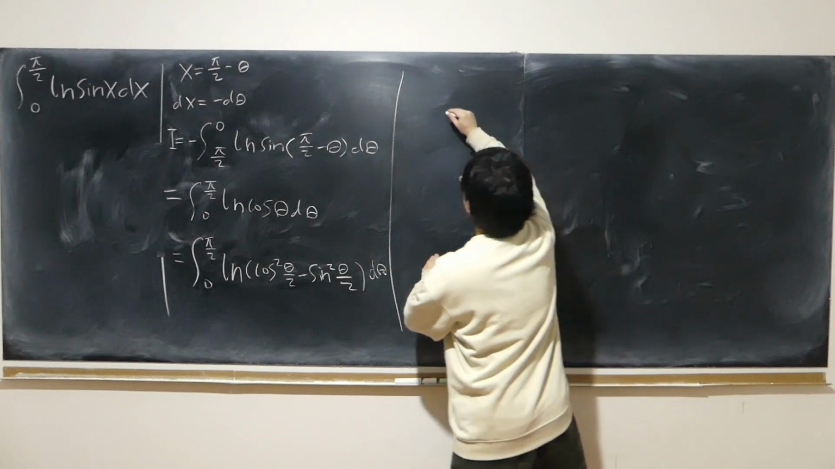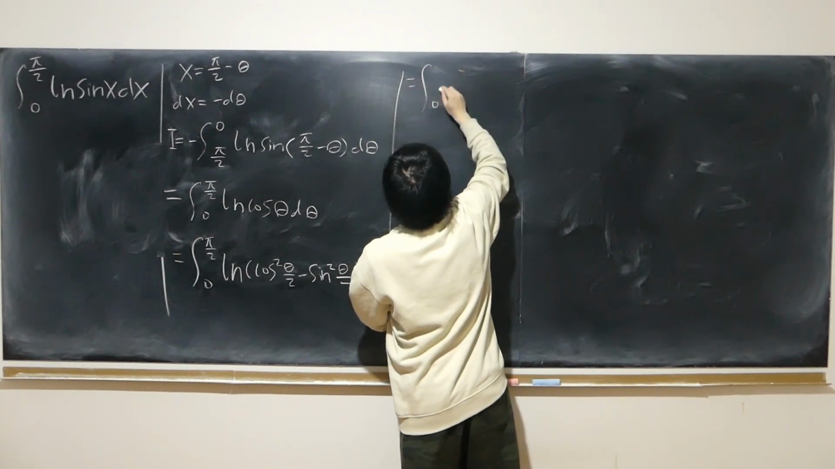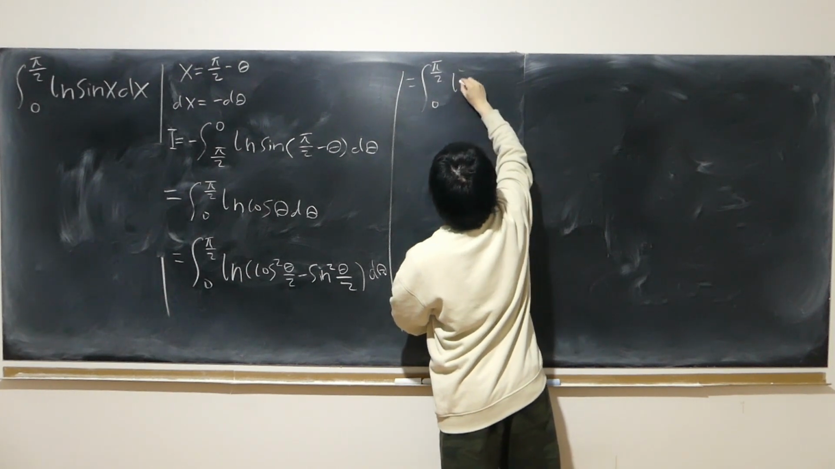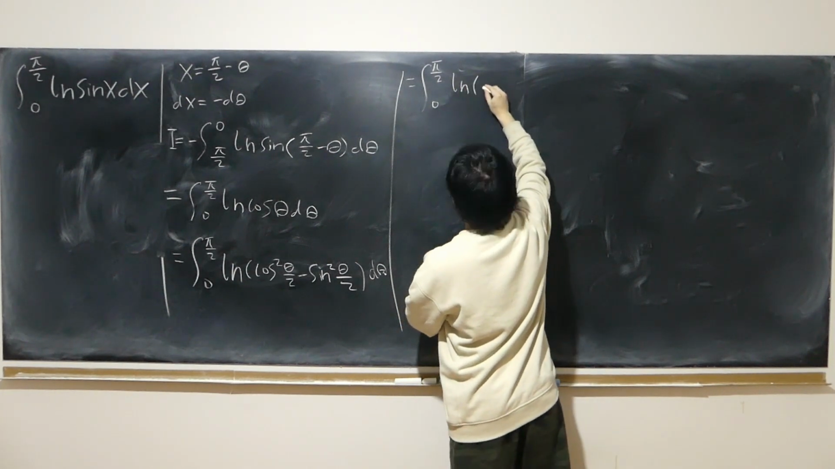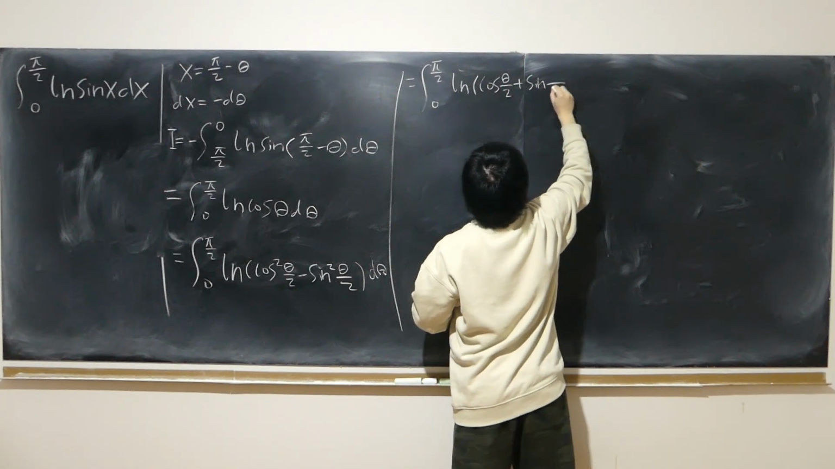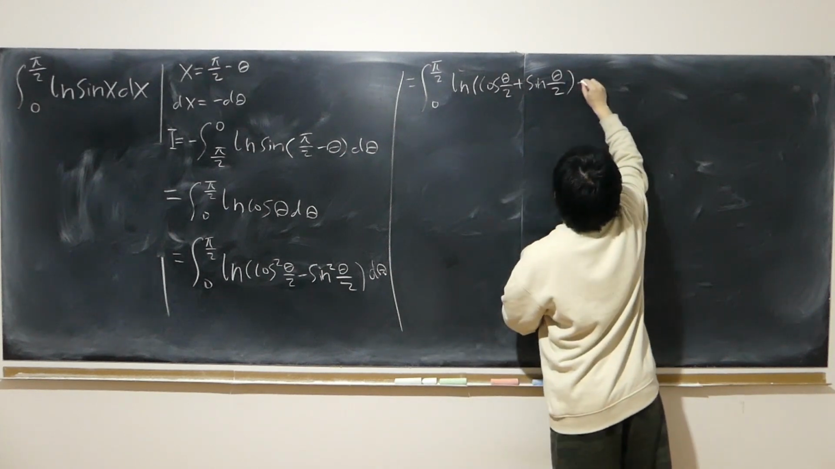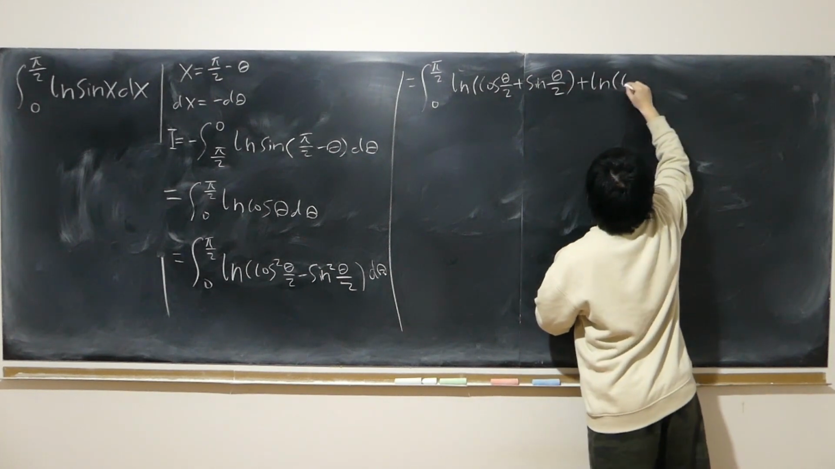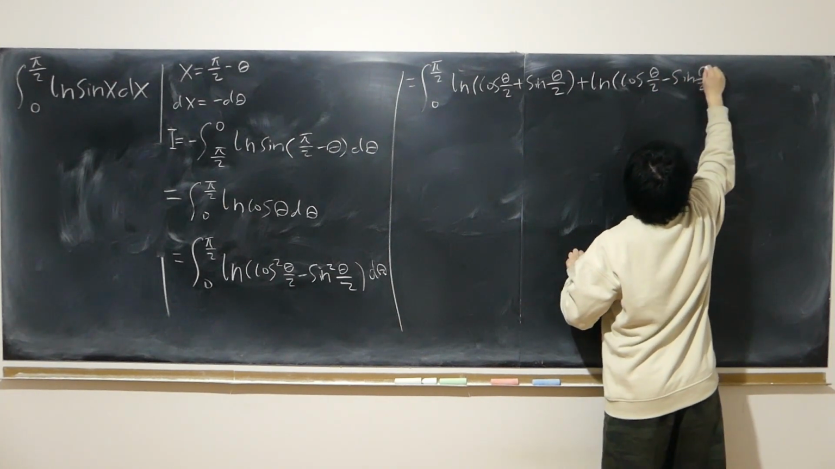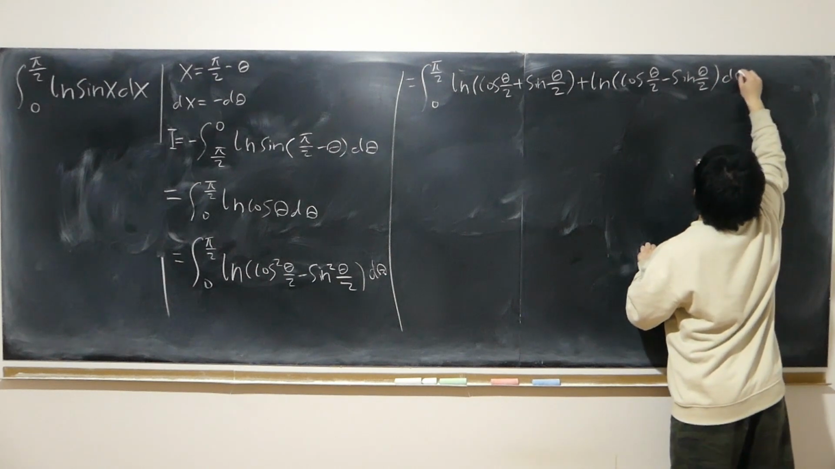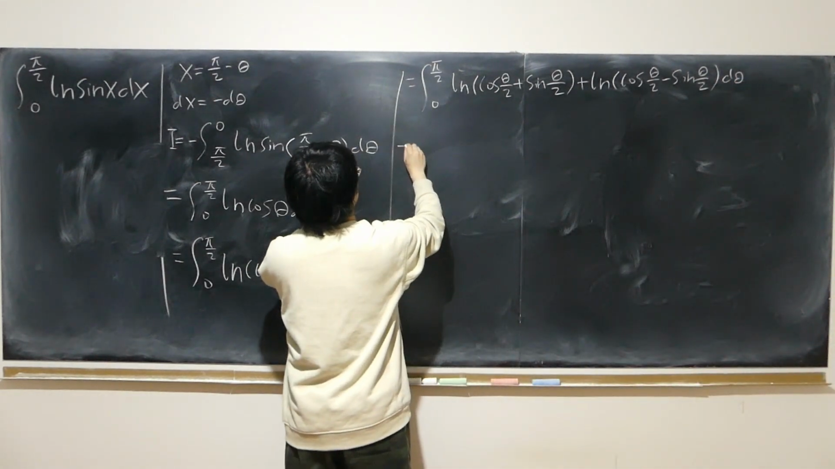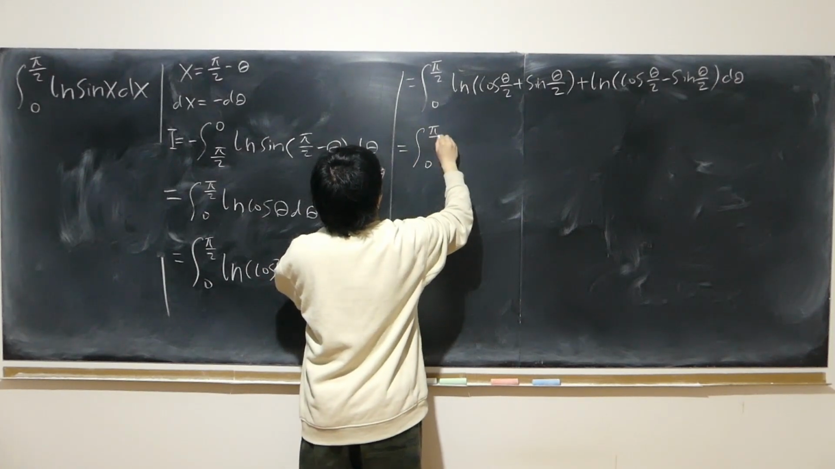Right? So this time 0 to half pi log cosine plus sine plus log cosine minus sine d theta. Right? Now, this can be written into 0 to half pi log